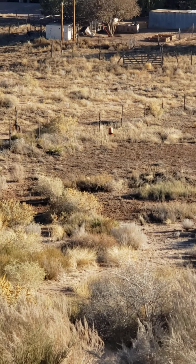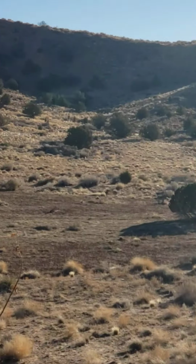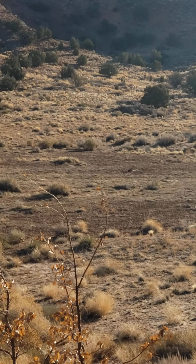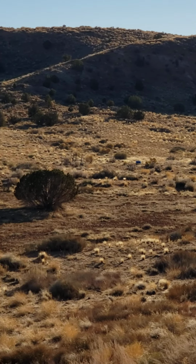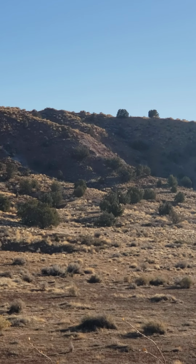So the orange buckets run up the side, but all of this land down here could easily be horse grazing or stables or whatever. The guy 2 properties over is doing an almond orchard. He's on Almond Grove Lane because almonds grow really well. But you'll see on the map, I'll send you the